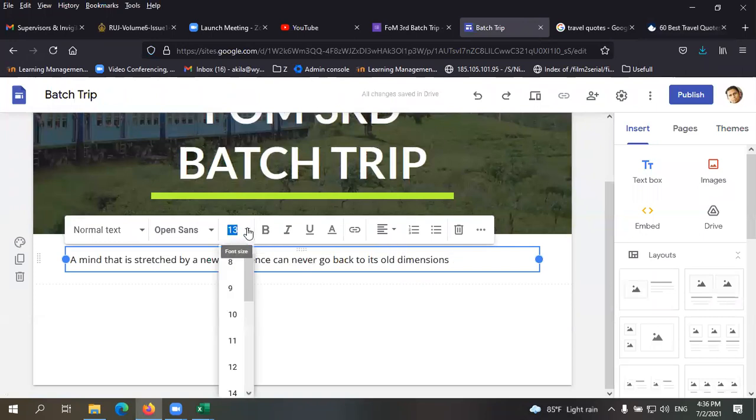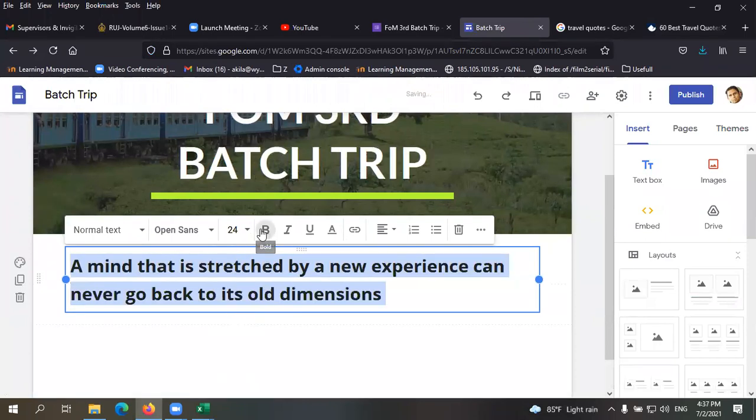Paste the text, you can change the size. The colors are applied from the theme, right?